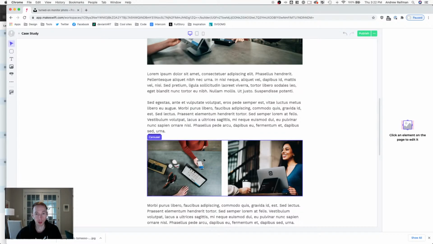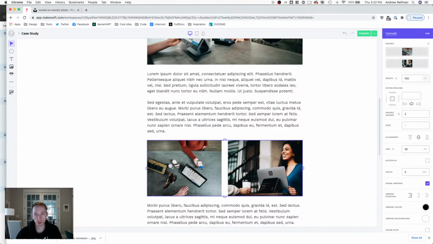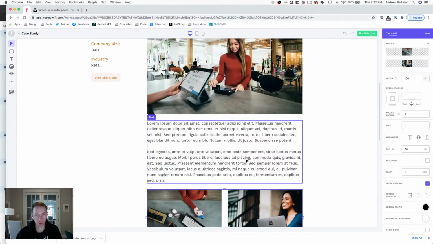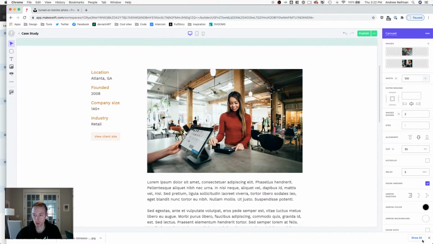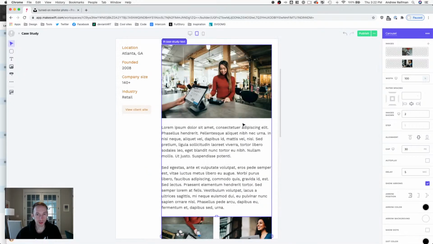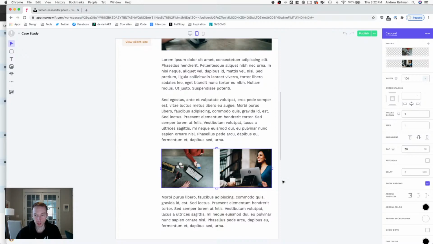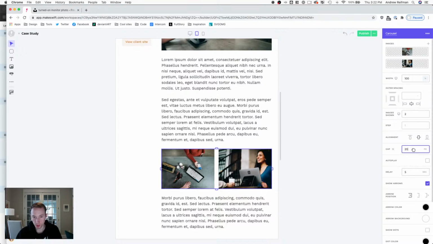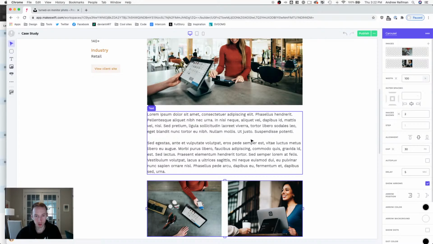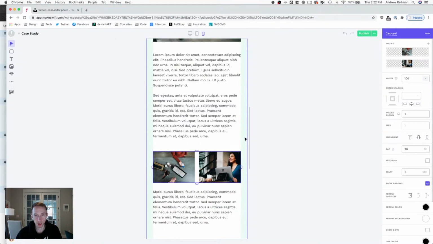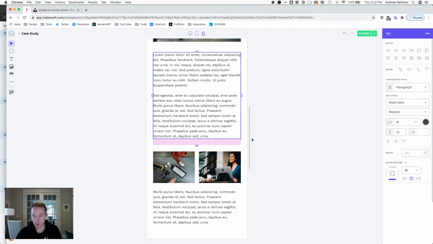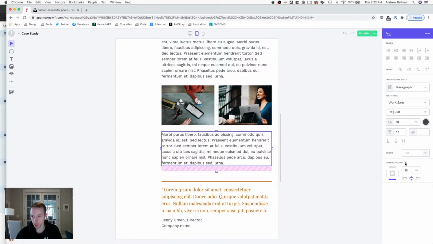Okay. And so back to make sure this looks good on other devices. So I'm gonna leave the, actually I'm gonna change the gap a little bit, make it a little bit smaller for tablet. And then on mobile, I'm now gonna have these, actually need to make these